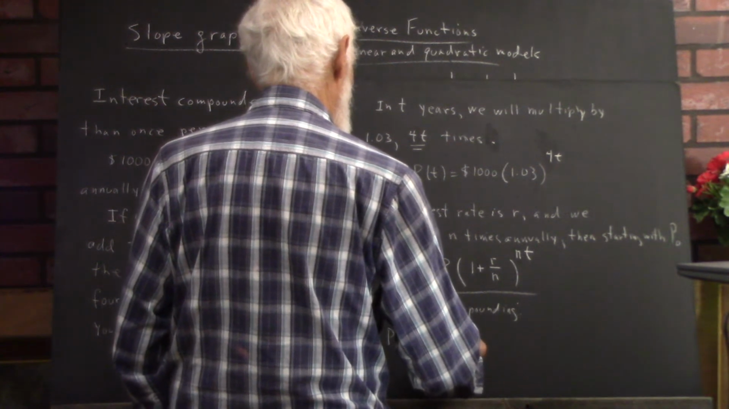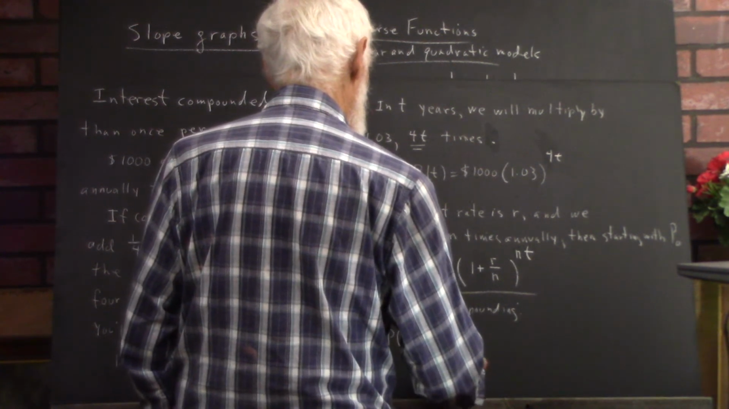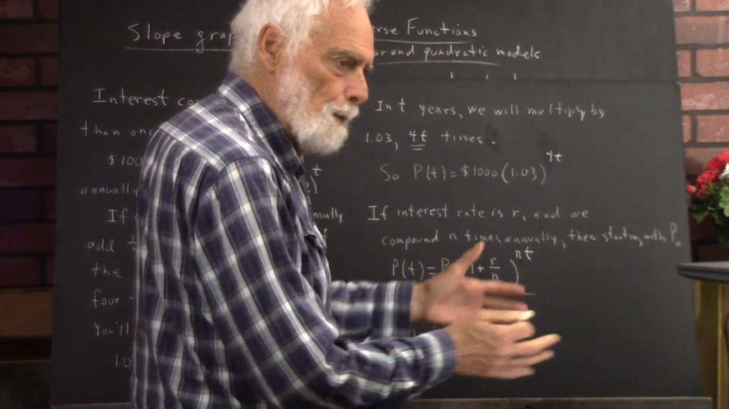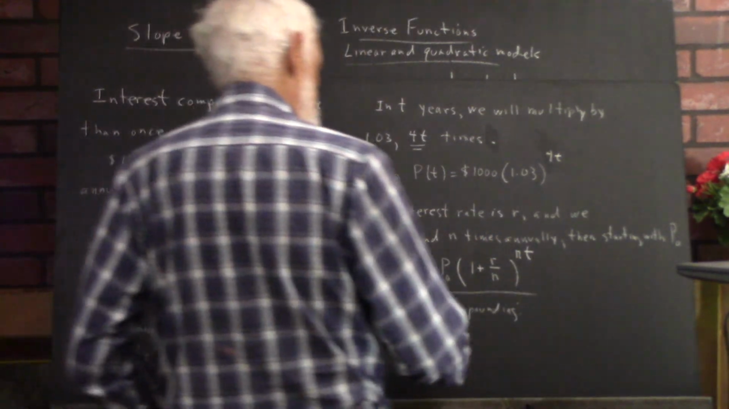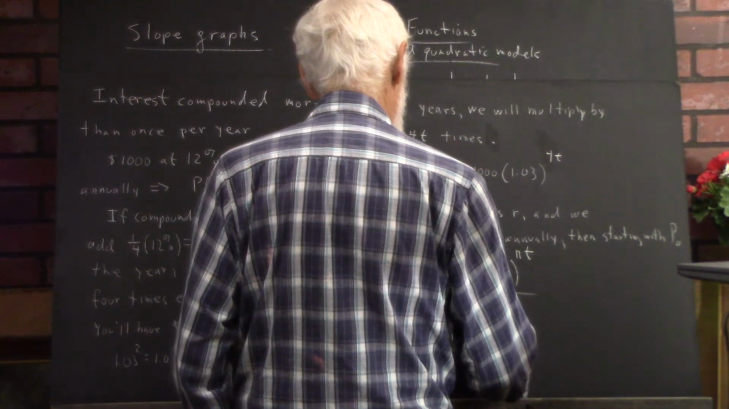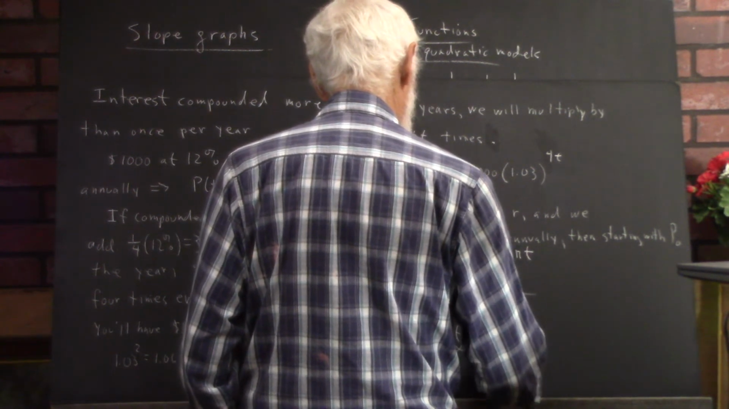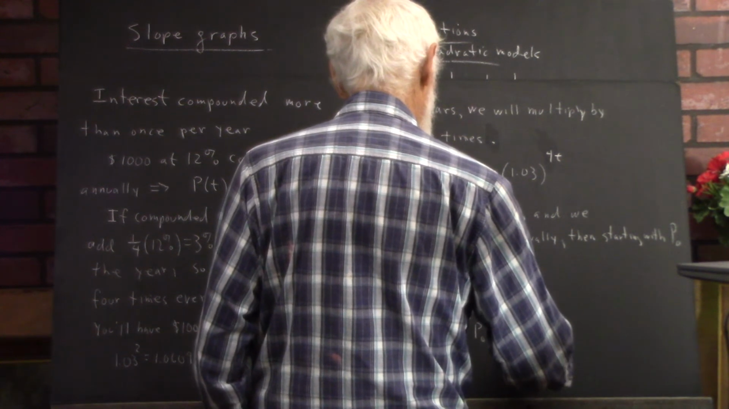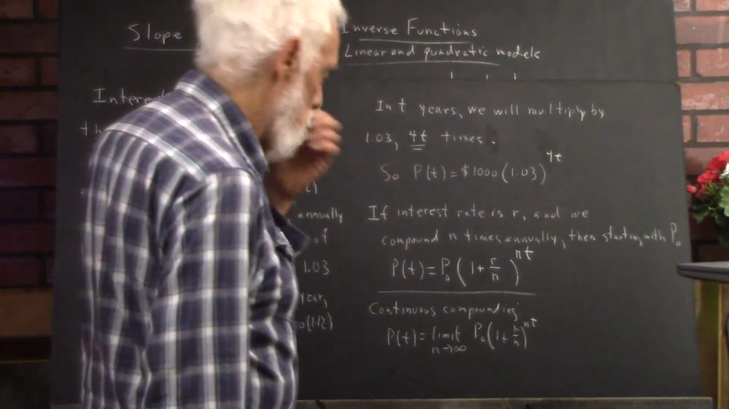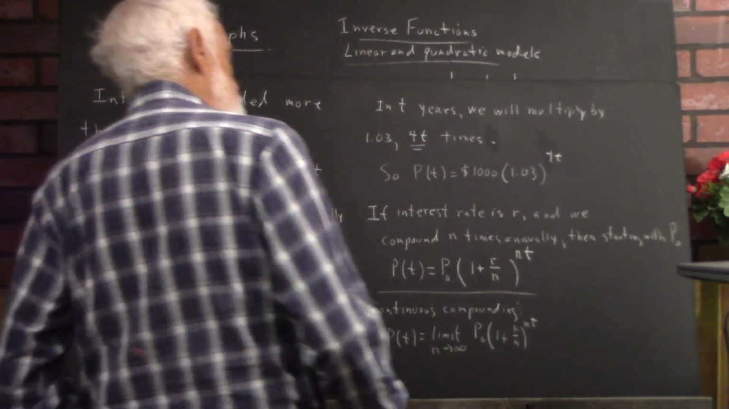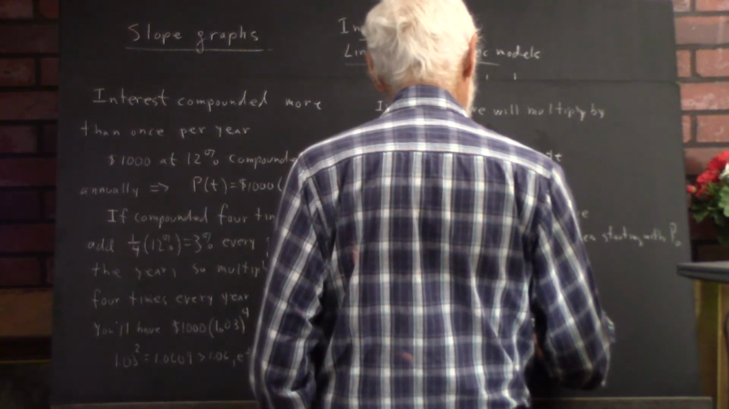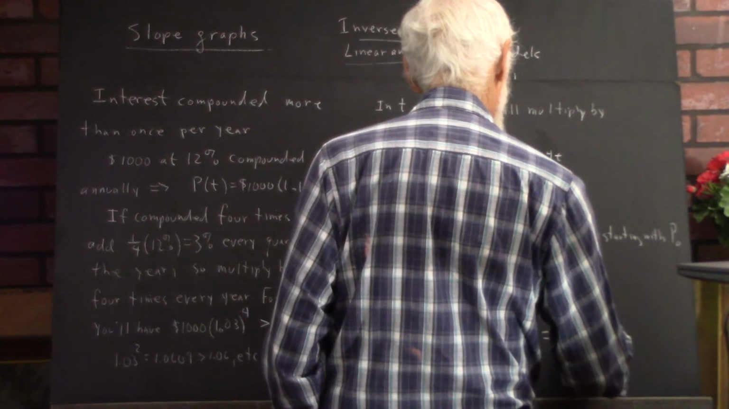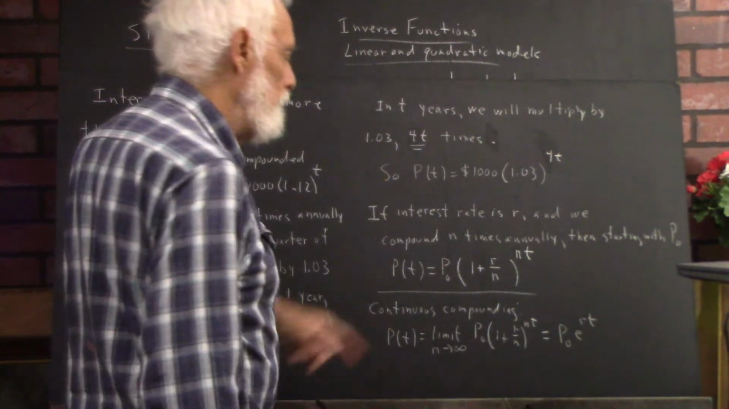P of t is the limiting value as n approaches infinity, because if you're compounding continuously, the number of times you compound approaches infinity. The limit as n approaches infinity of P naught times 1 plus R over n, raised to the nt. And it turns out that that's equal to P naught times e to the RT,